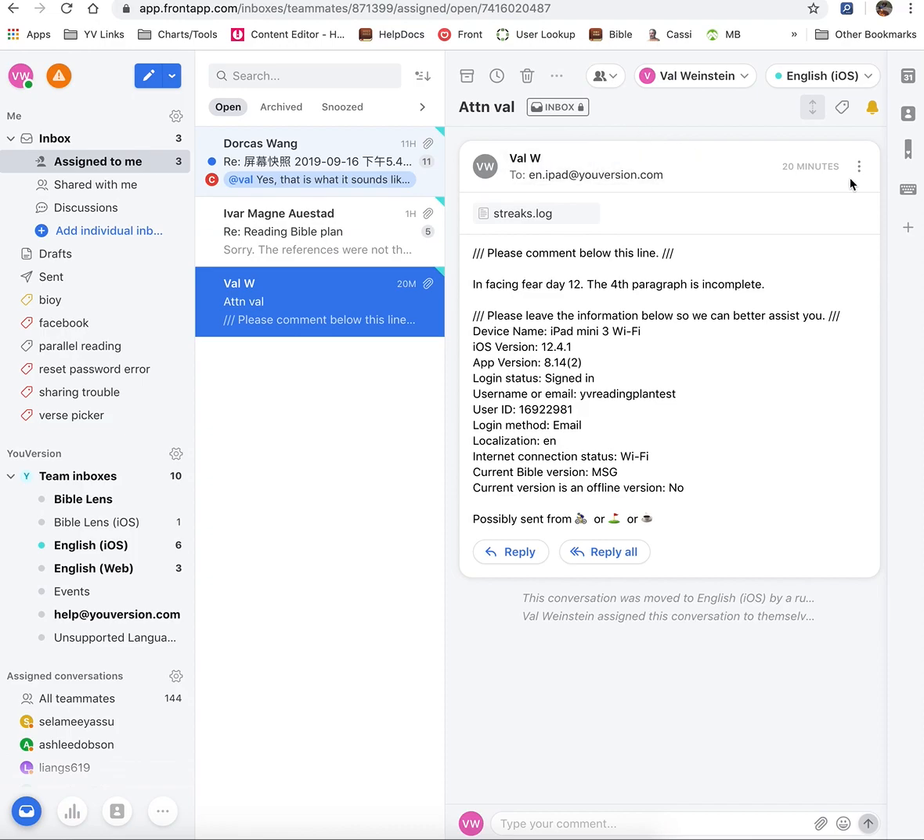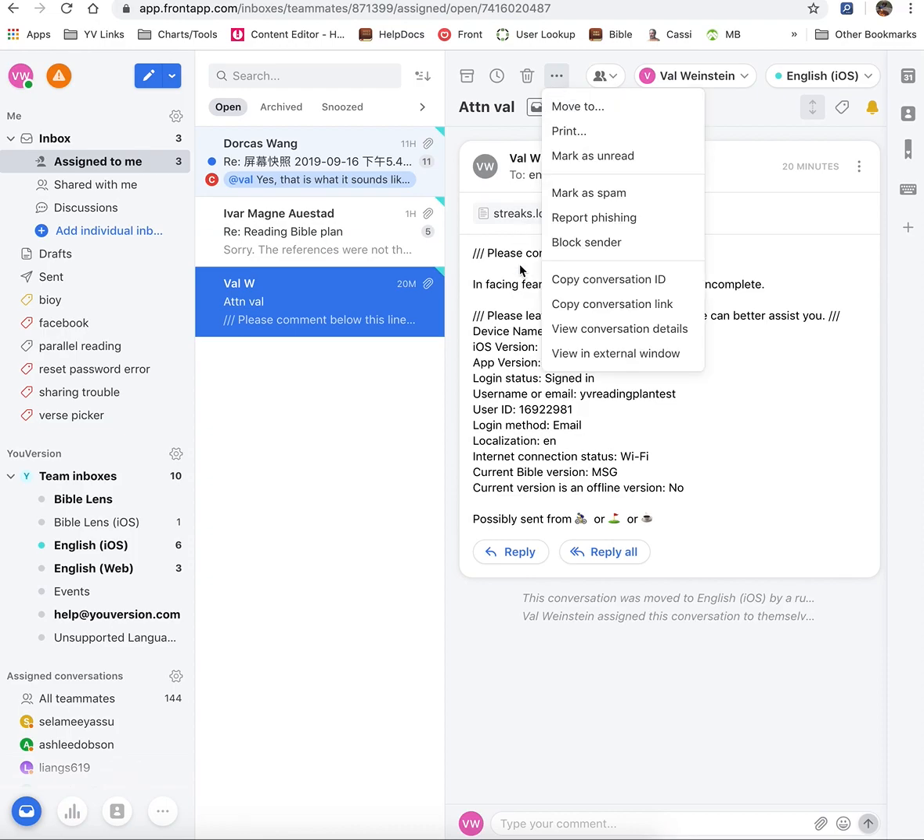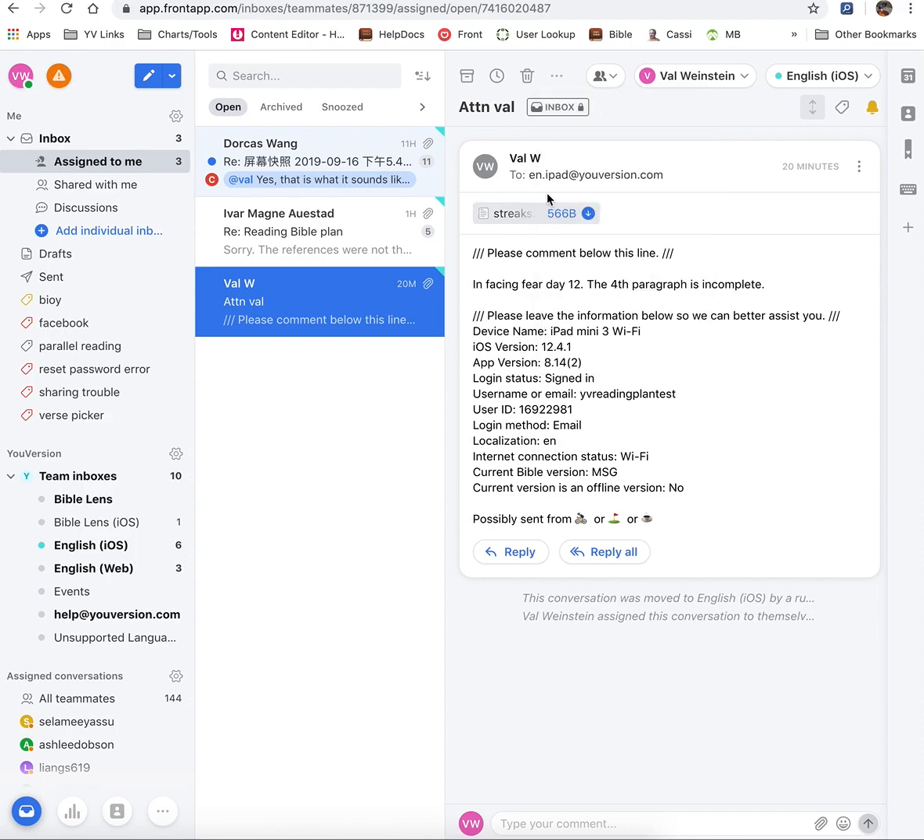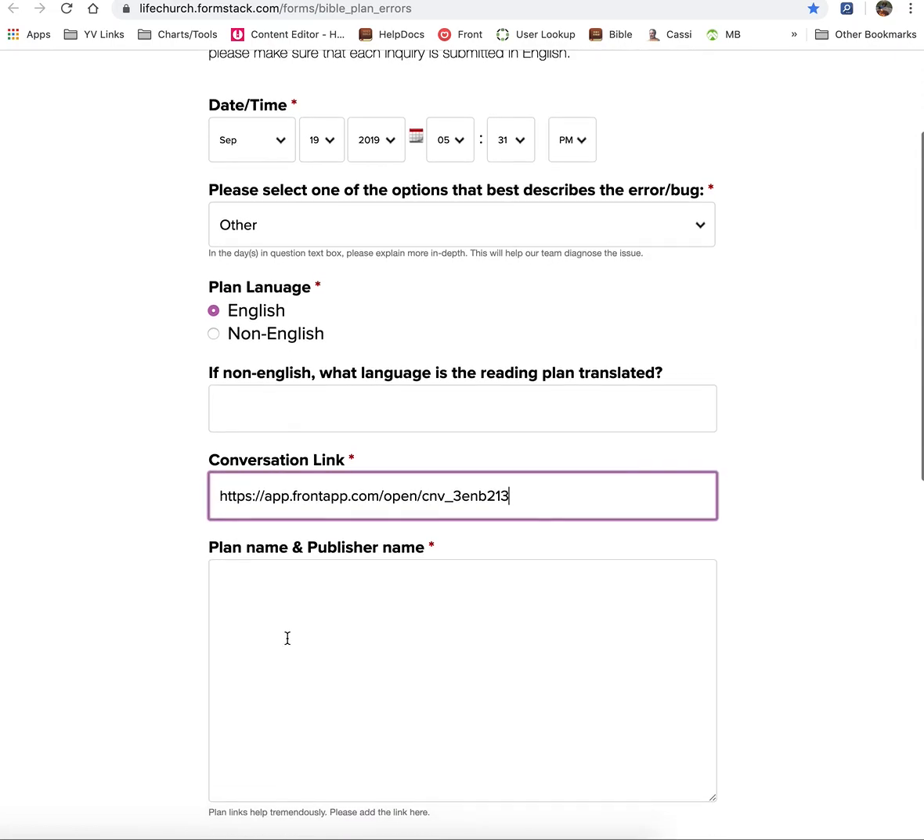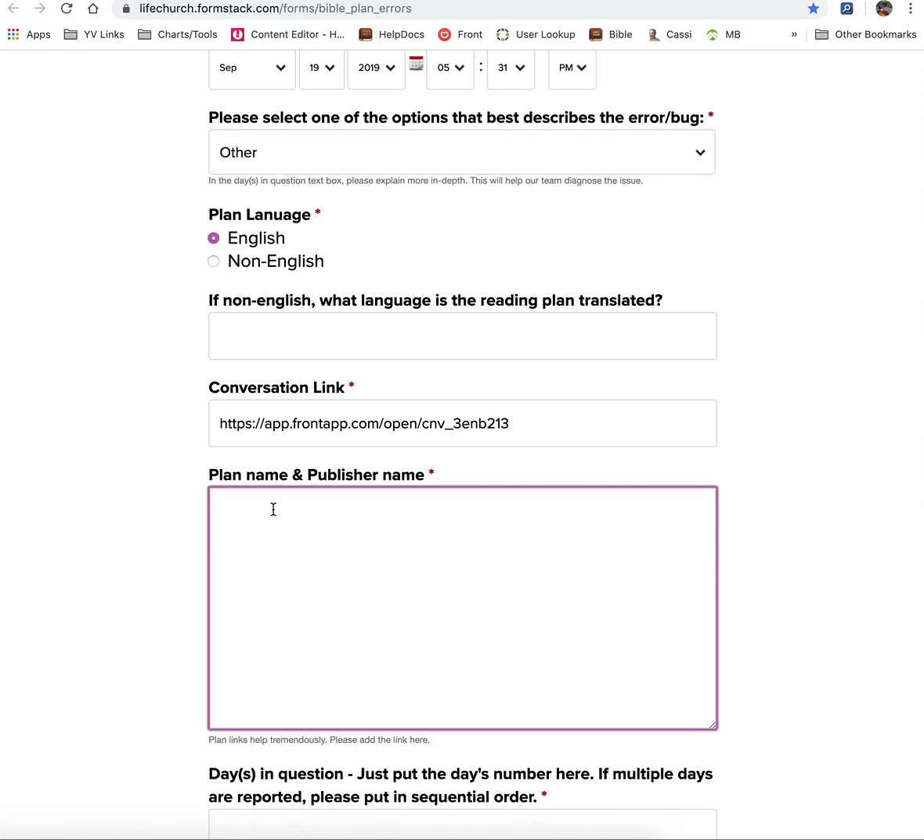You can find the links either here or here, and you'll see copy conversation ID, copy conversation link. The link is easier to get at, so that's the one I'm going to use. And I'm going to go back, and I'm going to copy paste that in. And then this is Facing Fear,